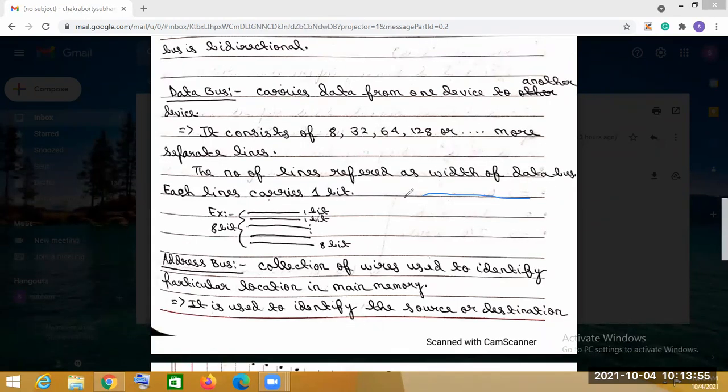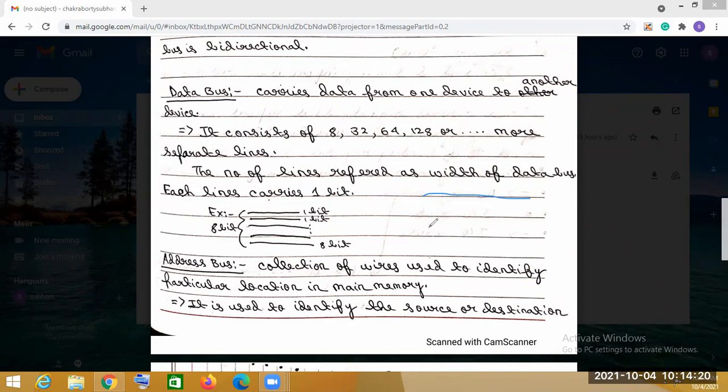Here, the width of the data bus we can know from the number of lines inside the data bus. And for the address bus, the width is determined by the maximum memory capacity of a system. Through the maximum memory capacity, we know the address bus width.